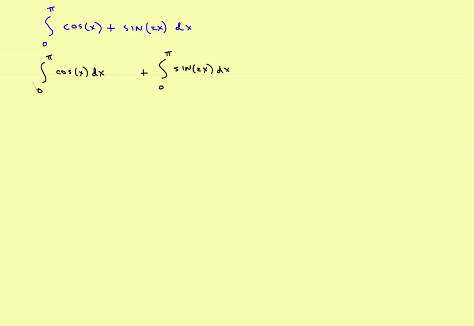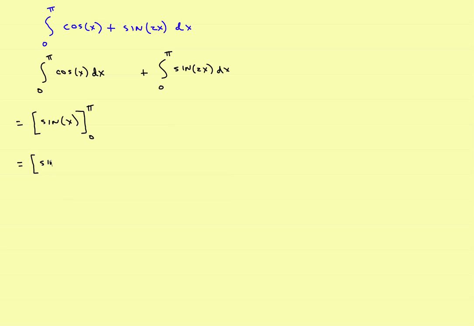Now first of all, let's solve this part on the left-hand side. This is not a composite function, so you don't have to use U-substitution. So in this case, let's go ahead and solve this one real quickly. The antiderivative of the cosine is the sine, so this will change into the sine of x evaluated from 0 to pi. And then we'll go ahead and get an answer for this. And we might as well just go ahead and finish this one up. So this would become